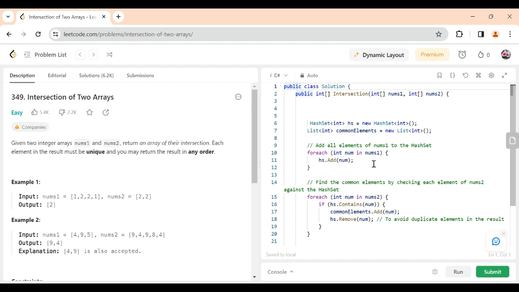That's why I applied this on nums1. On nums1, we are applying a for each loop: for each num in nums1, we store the num value in the hash set. Coming to nums2,